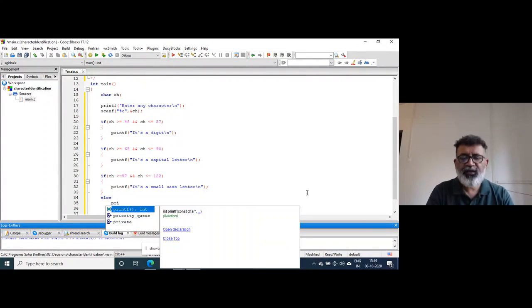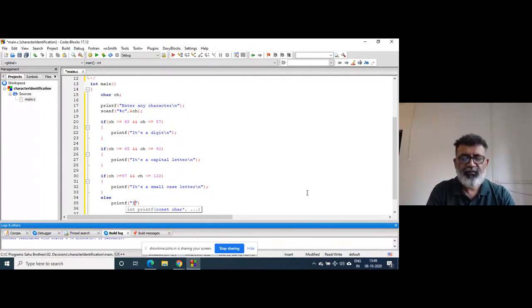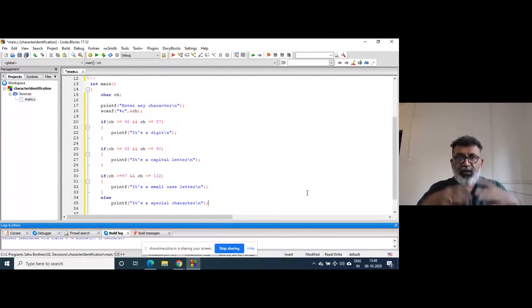Suppose I write else here. You need to understand the programming internals of flow, how the control flow goes.